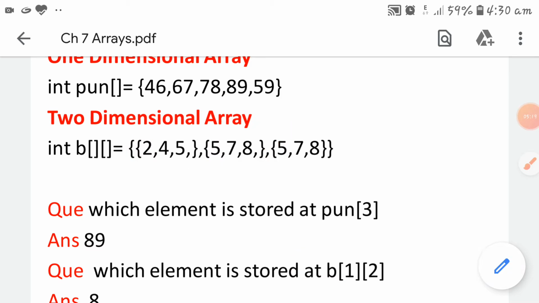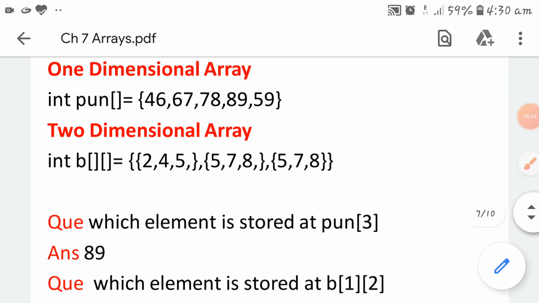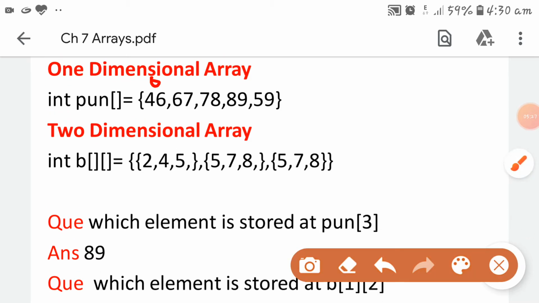So which element is stored at P[1][3]? Now you can see the location: 0 location, 1 location, 2 location, and 3. So 89 will be stored.